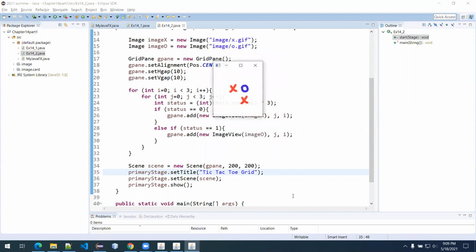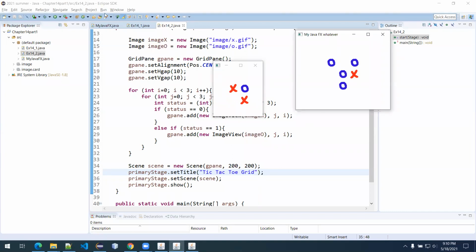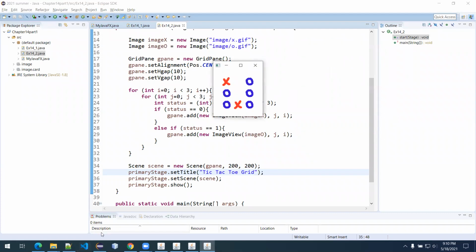Okay, so it asked me to save. So there's another instance that just popped up. And did this instance generate a different grid? It sure did. In fact, let's keep running it. And notice that each time I run it,